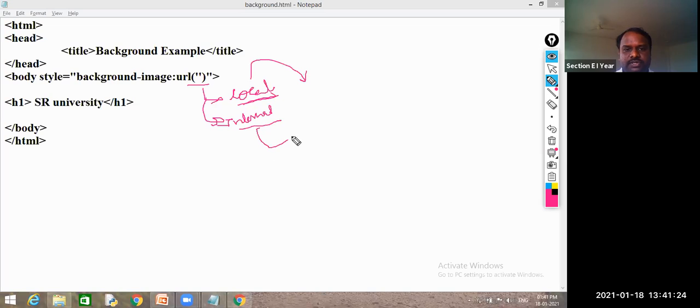For internet sources, you can go for any internet image and attach it. One thing you should remember when you use the internet: this cannot be accessed when you do not have internet. If you have internet facility, then only you can see it, otherwise you cannot.